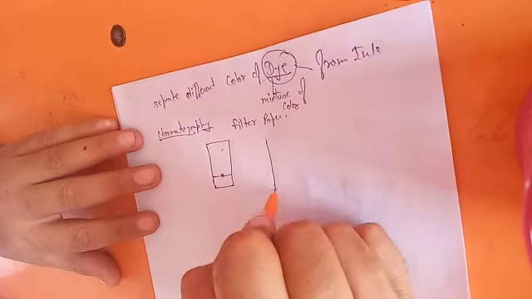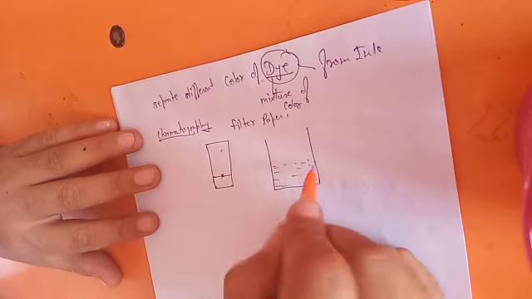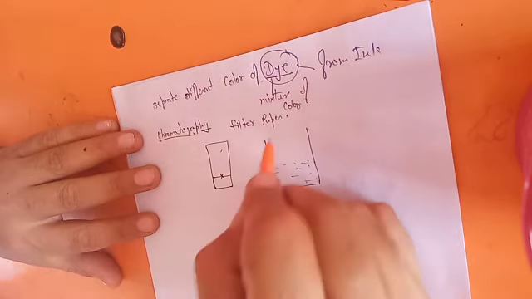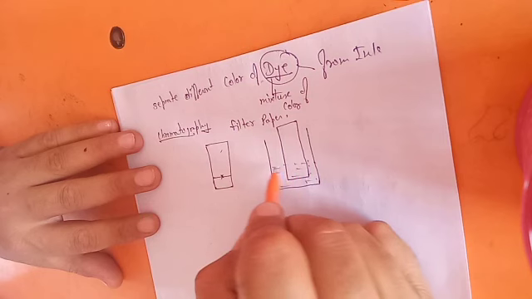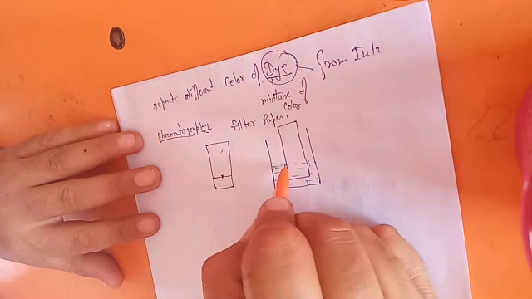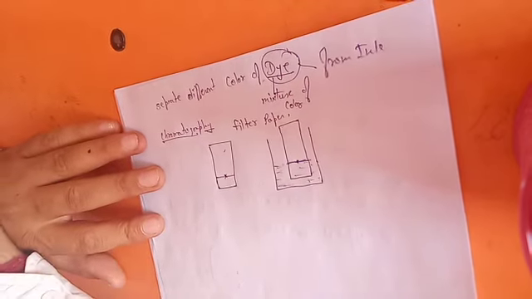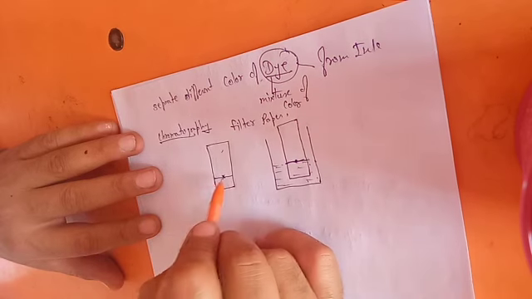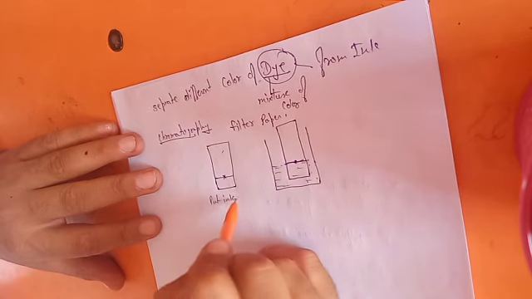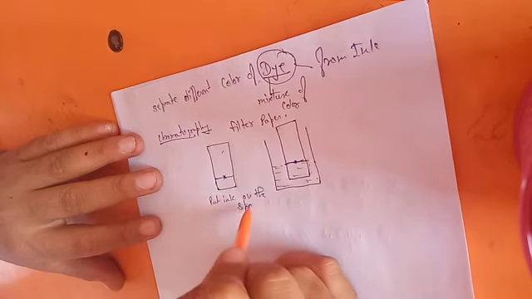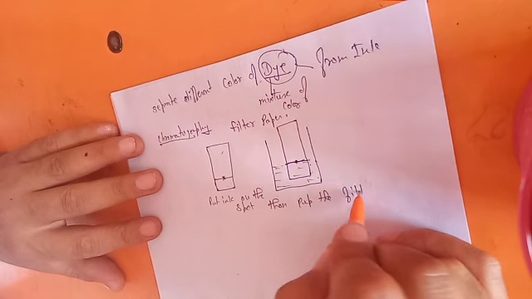Now what you will do, you will have a beaker. Here you will fill water in the beaker. You have to fill the beaker in such a way that when you put the filter paper in, the water level exactly comes up to this pencil spot, not above that. Now you will not put the filter paper in yet. First put ink on the spot, then put the filter paper